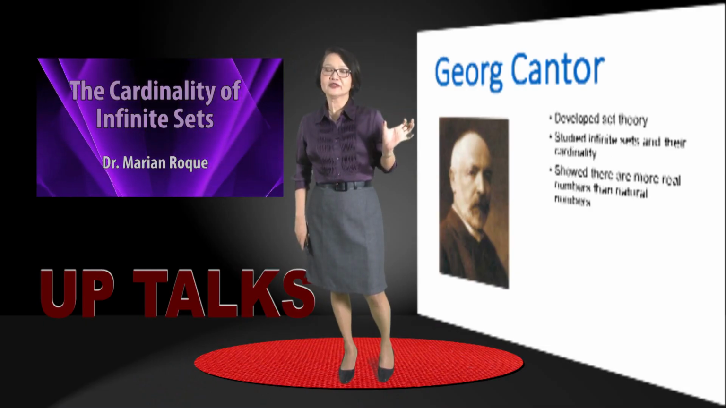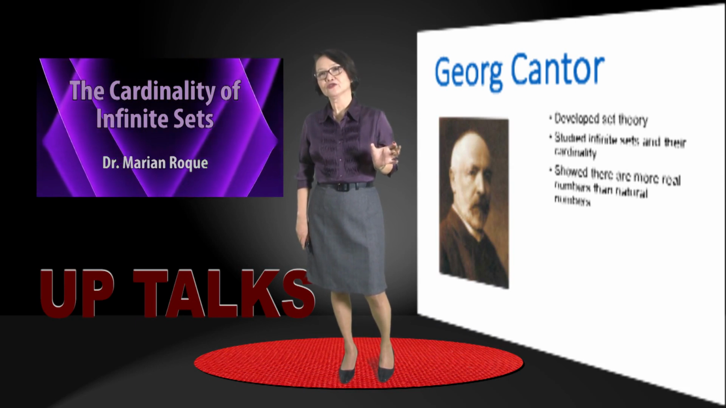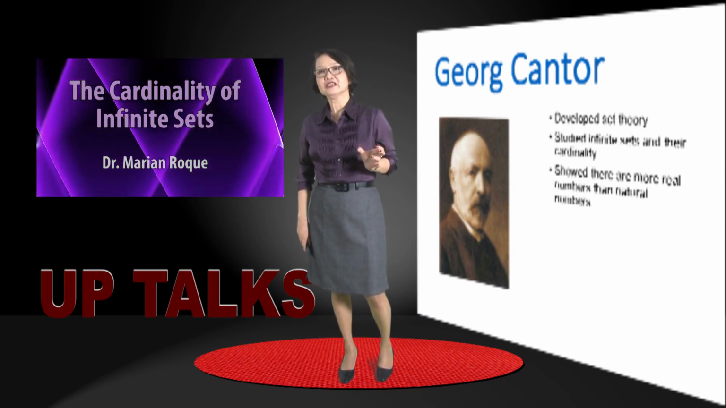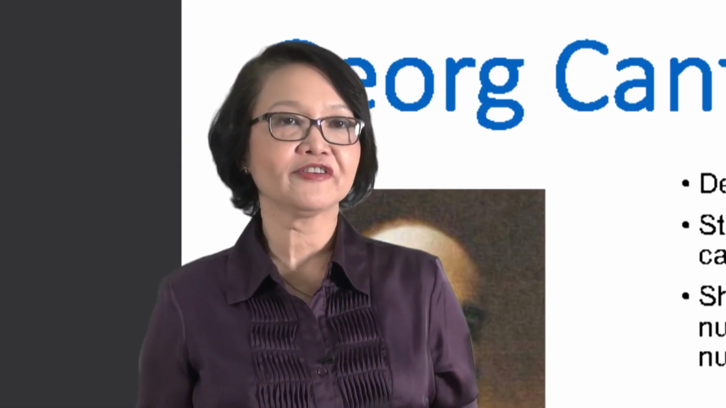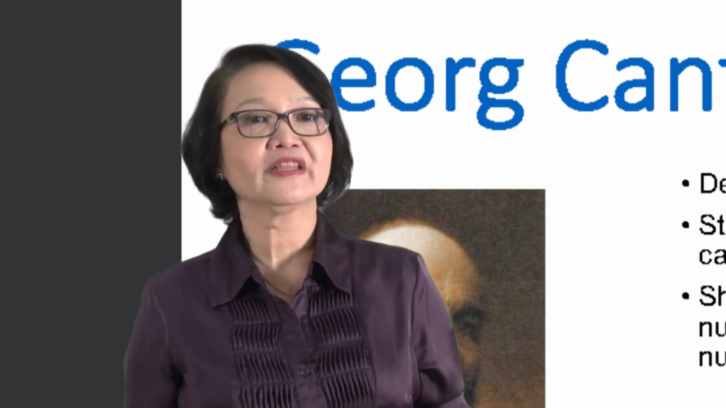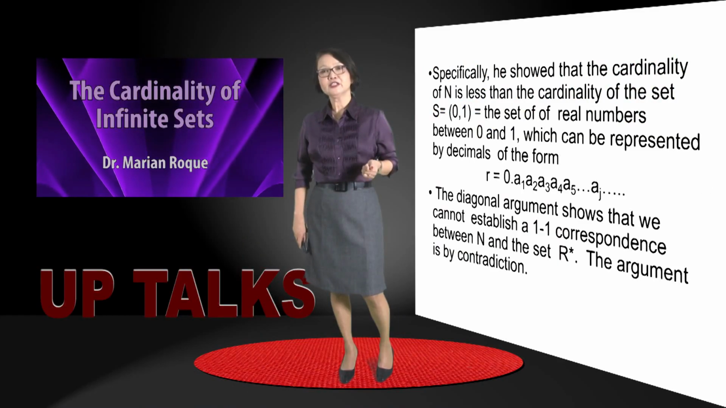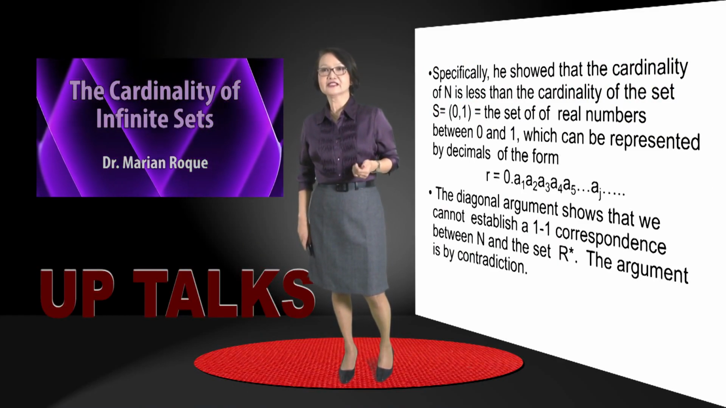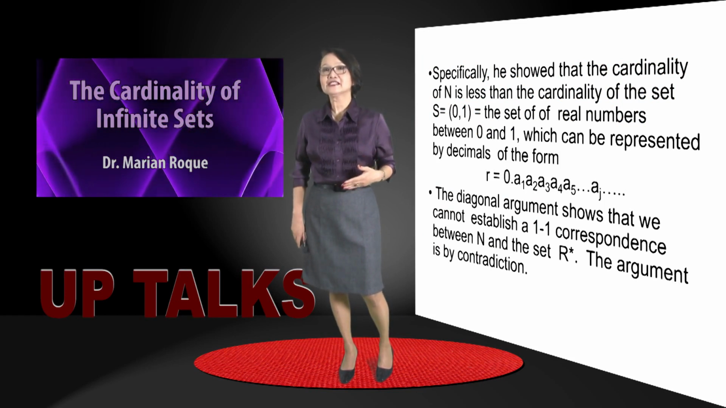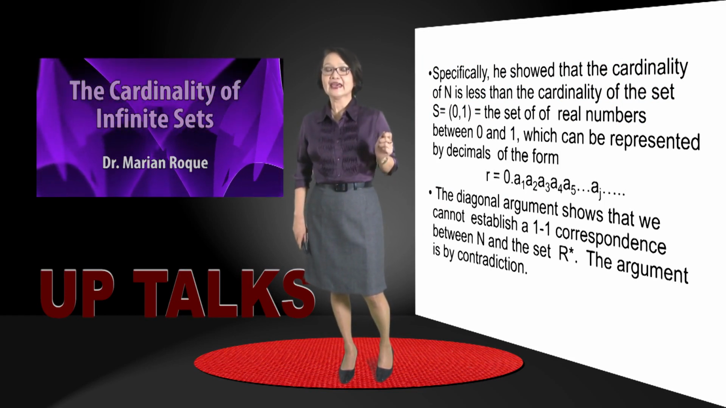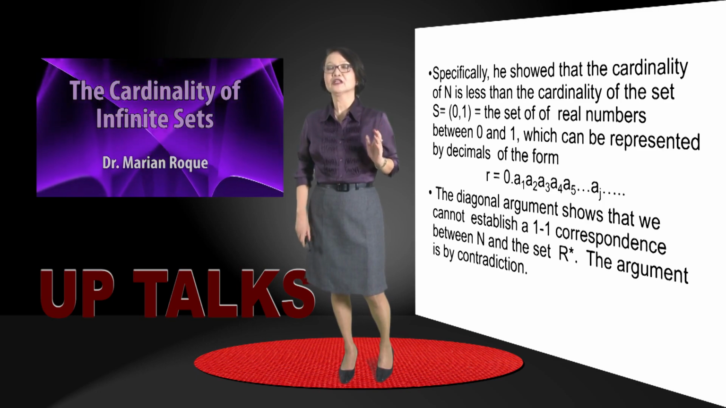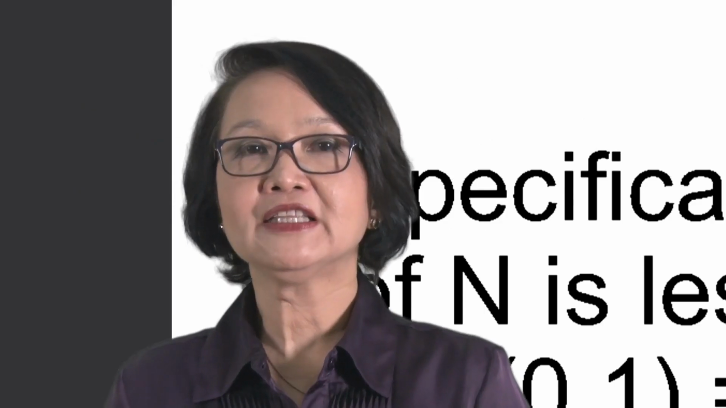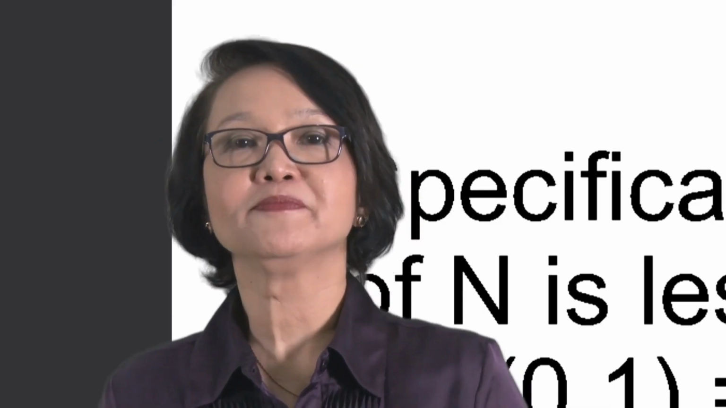So there was a German mathematician, George Cantor, who developed set theory. He studied infinite sets and their cardinality and showed that there are more real numbers than natural numbers. Specifically, he showed that the cardinality of N, the set of natural numbers, is less than the cardinality of the set S, which is the open interval from 0 to 1, meaning the set of all real numbers between 0